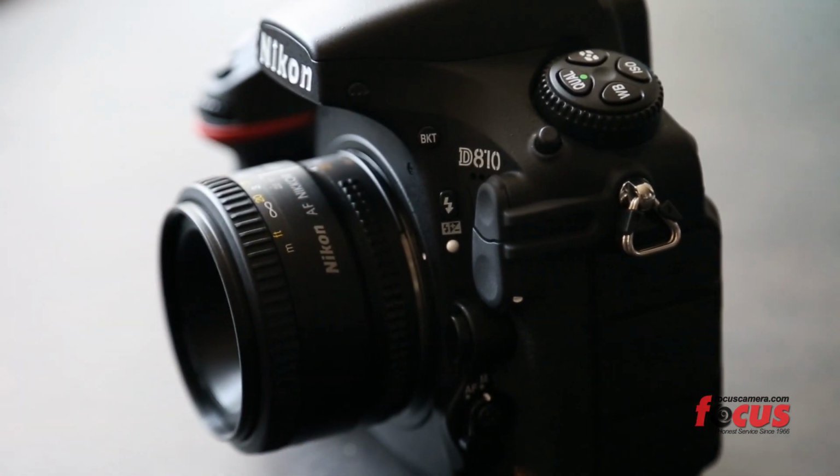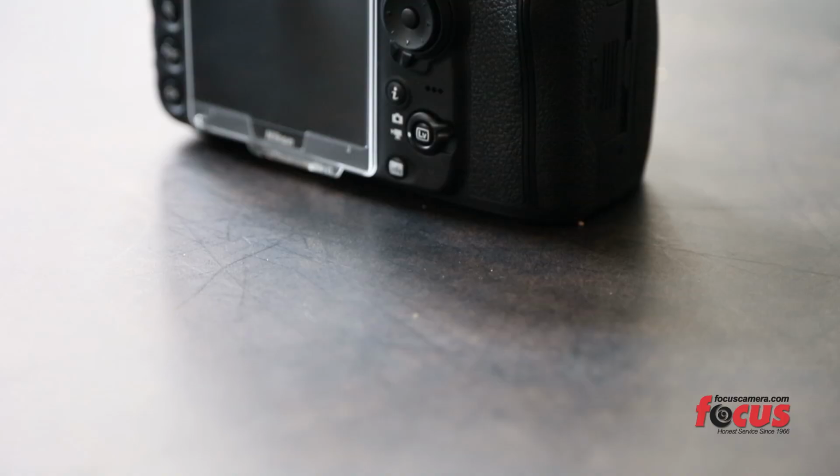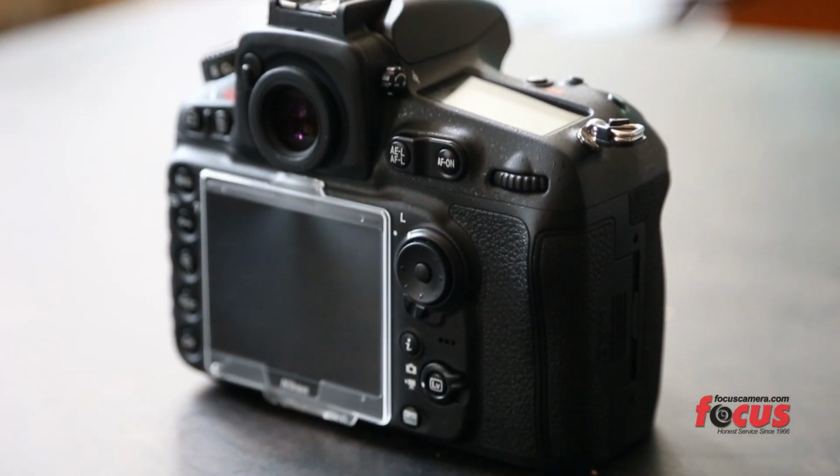It's very compact, very strong. I believe it has an alloy body, which means it's weatherproof. Oh, it takes CF and SD cards, both of which I think are valuable. It's a formidable camera. Another thing that I didn't mention, but I think bears mentioning, is that you have 100%